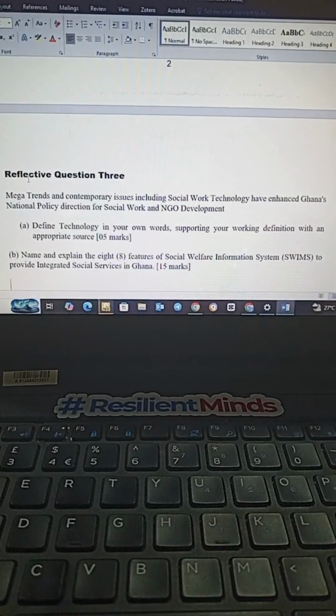Now the third one is incident monitoring. SWIMS also helps in monitoring incidents. It captures and also updates specific protection incidents, like violations, in real time and other things. So these are the explanation of incident monitoring. Now we have referral pathway tracking. Yes, so the SWIMS also helps in making referrals and others as well. And it also helps in monitoring and reporting. That's also one of the features, monitoring and reporting.